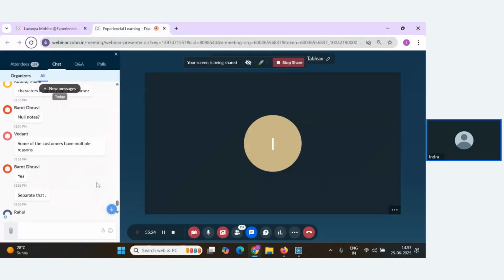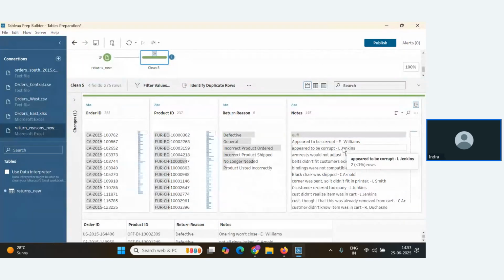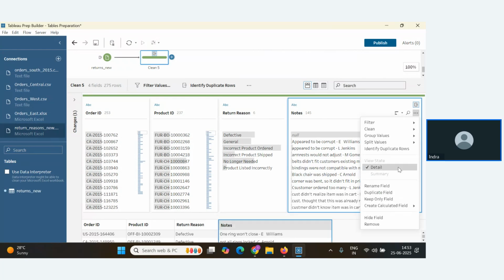So we have to split these two things. We'll go to the three dots. Here we have split values. There are two options in split values, automatic split and custom split.